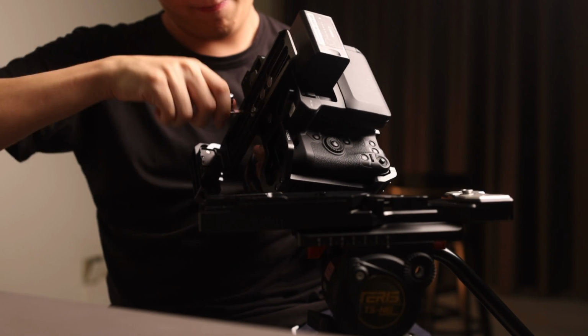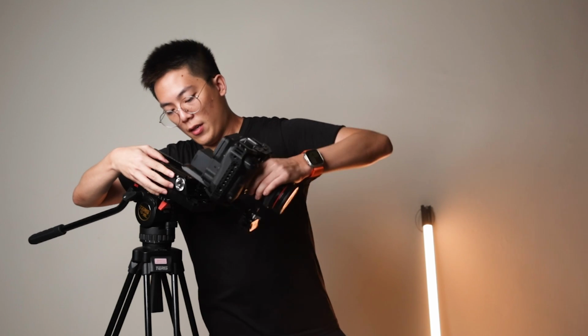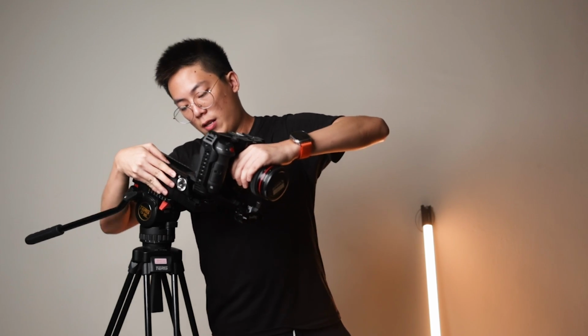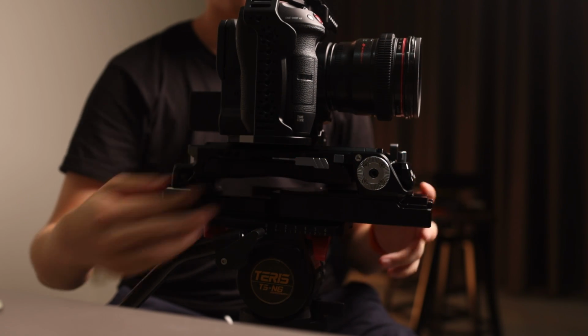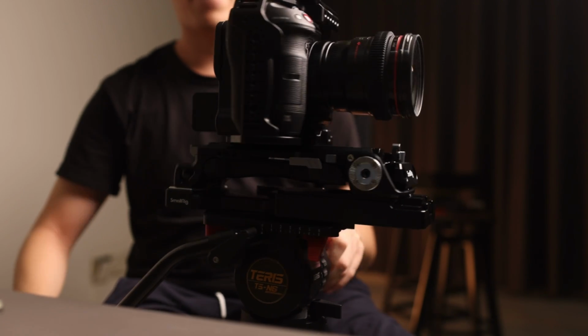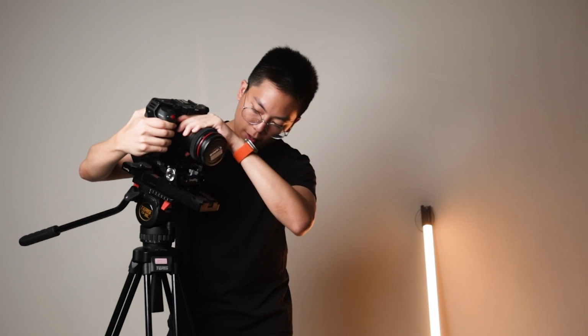Okay, now that we got the plate on, it's really simple. You just open this up and you push it in, and it locks right into place. And so how the VCT plate works is that if you pull this release here, you can just take the whole thing off, and if you want to put it back on, it's really simple. Just lock it in and it's not going anywhere. So this is sort of like the base of the build,